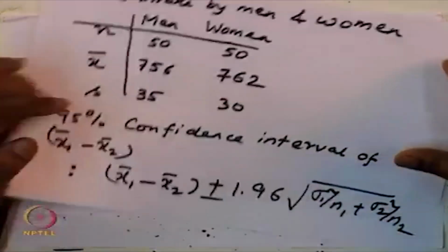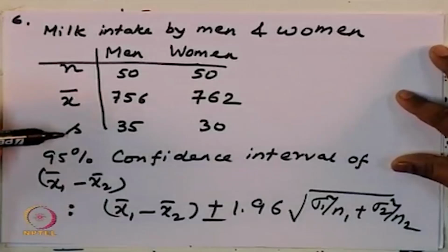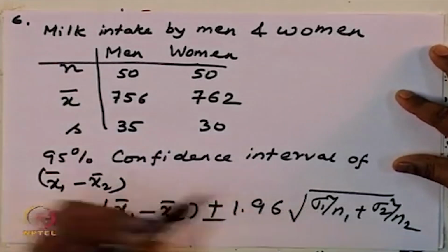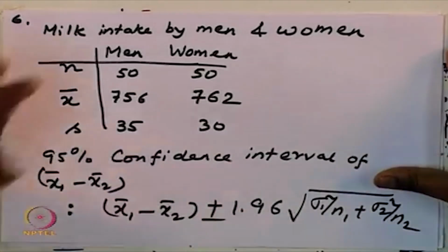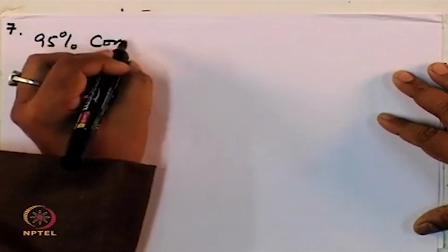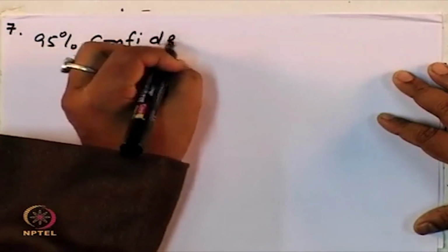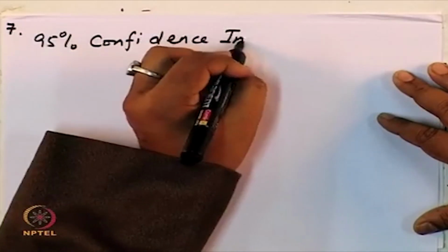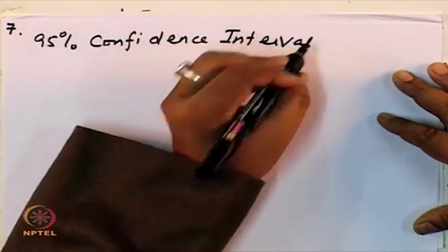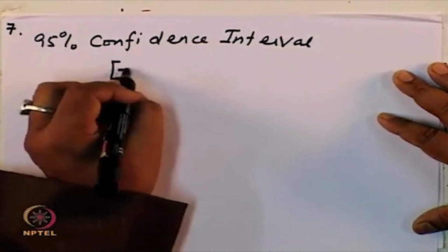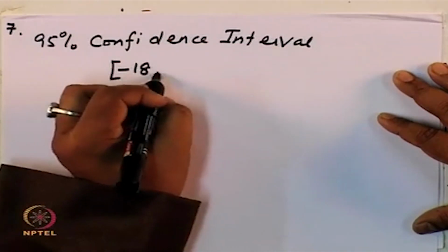Since you are provided the standard deviation for the sample, instead of sigma you can use the sample standard deviations, and what you get out of it, this 95% confidence interval, turns out to be minus 18.78